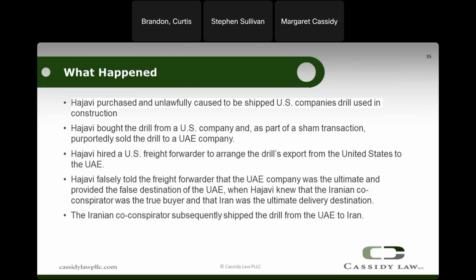So what this guy did, it was drilling materials. Hajavi was his name. He purchased some drilling materials from a U.S. company, and then as part of a sham transaction, he sold the drill to a United Arab Emirates company, which would have been legitimate. But then he hired other companies, freight forwarders, to export the product from the US to the UAE. And then ultimately, he worked within the United Arab Emirates to get the drilling heavy equipment over to Iran. Now, he's getting in trouble for this, but the US business will likely get in trouble for it too,